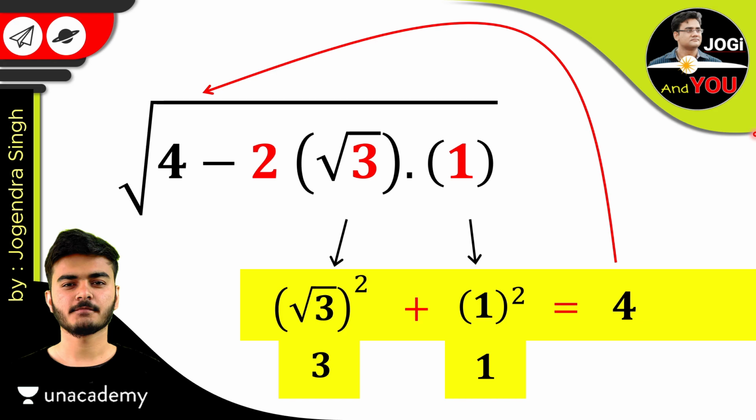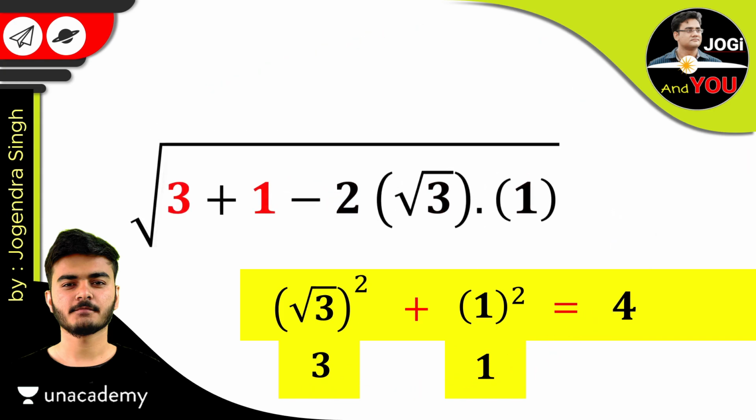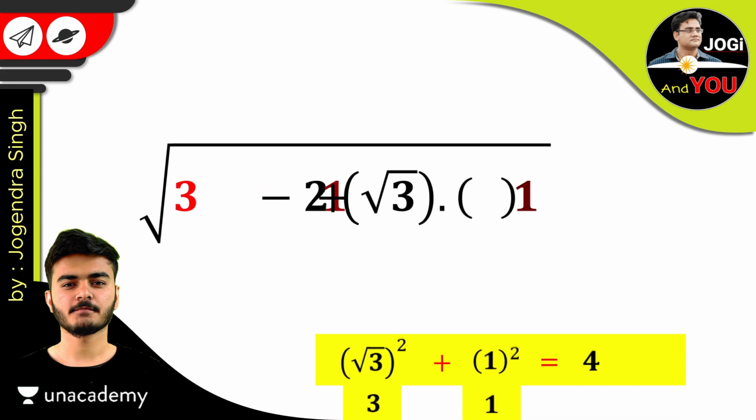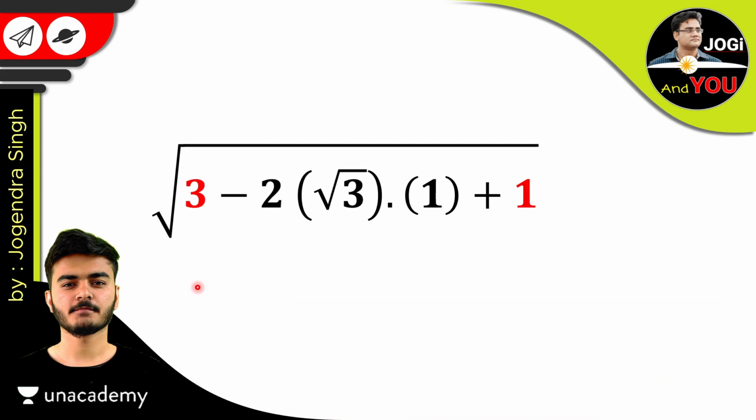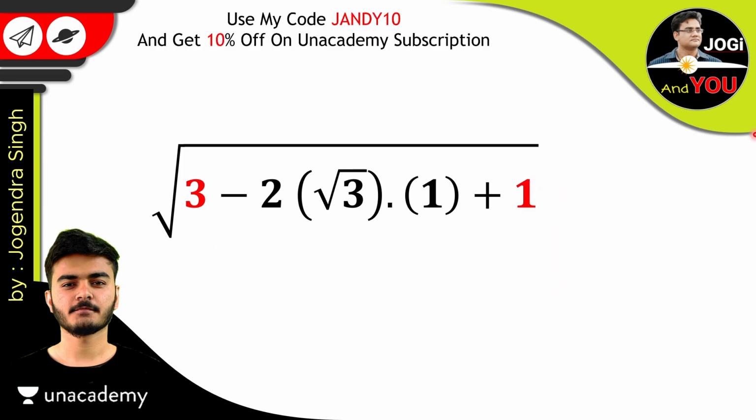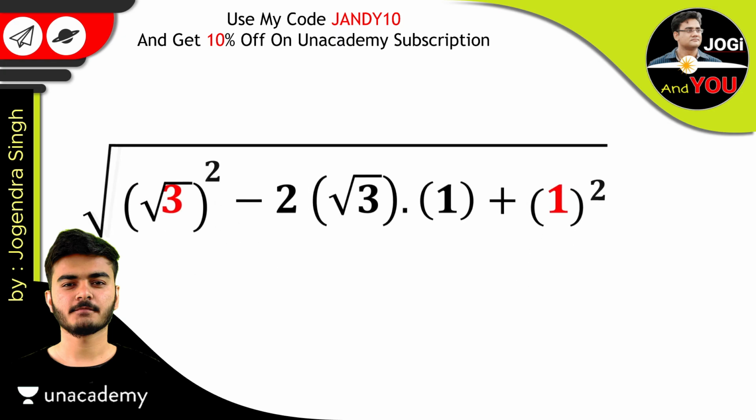For the second question, this trick helps us a lot. For now, see this. The factors we chose were root 3 multiplied by 1. Right, 4 or 3 plus 1 is the same. So I'm converting this into the form of 3 plus 1. And now just rearrange these 3 and 1. This 3 was the square of root 3 and this 1 was the square of 1. So let's convert these. Practically, the expression we got is just like this.